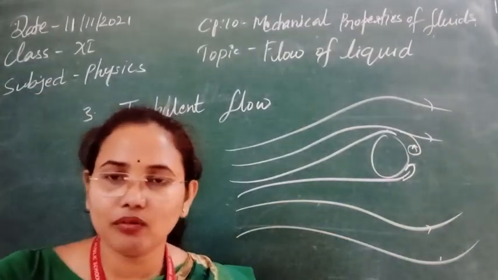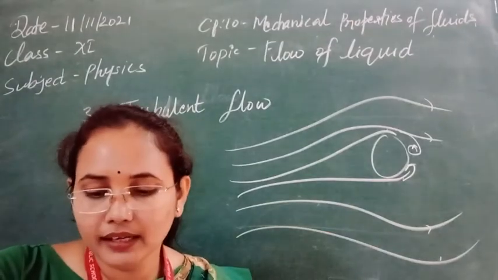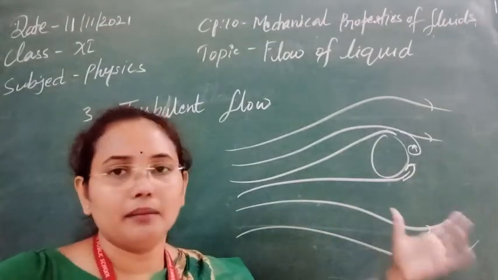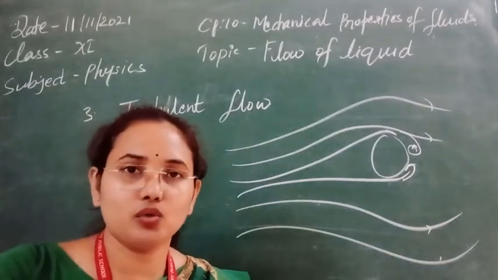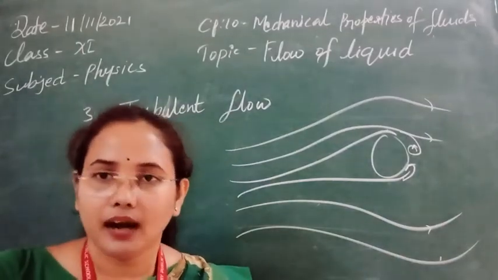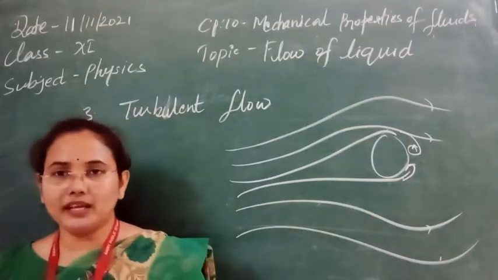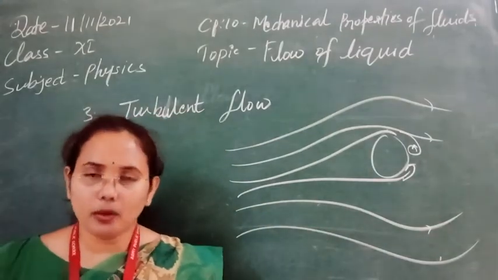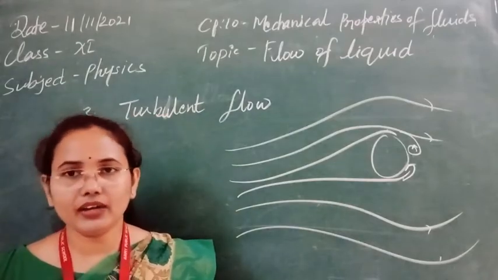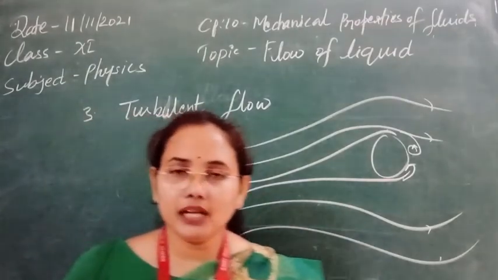The flow will become irregular and less orderly, and we can start to observe disordered behavior of the liquid. This is now known as turbulent flow of the liquid. So turbulent flow can be achieved in two ways. First, by putting some obstacle in the path of the liquid, and second, it can be achieved by